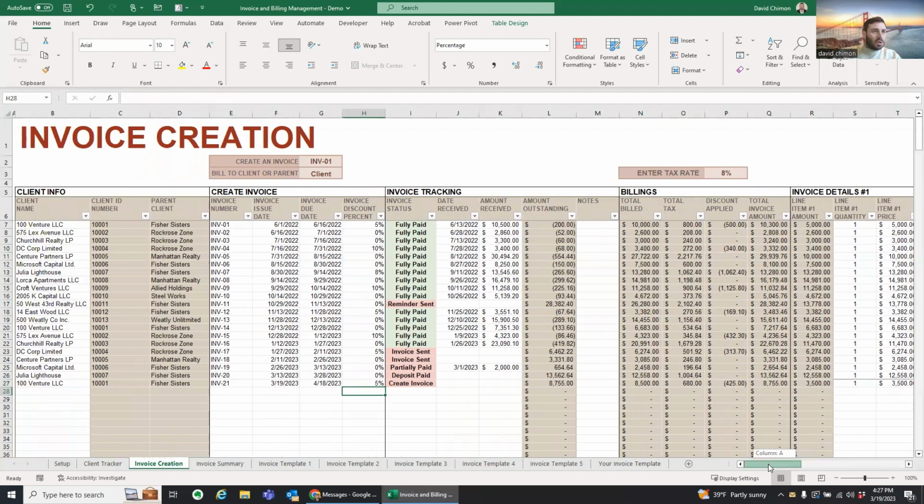So next, the invoice tracking section. When the invoice comes in, we want to select fully paid. And just to backstep a little bit, you have different options here of the status of your invoices that you want to keep up to date for yourself. So if you send the invoice, if you receive a partial deposit. So again, I'm going to select fully paid, and let's say we received it on